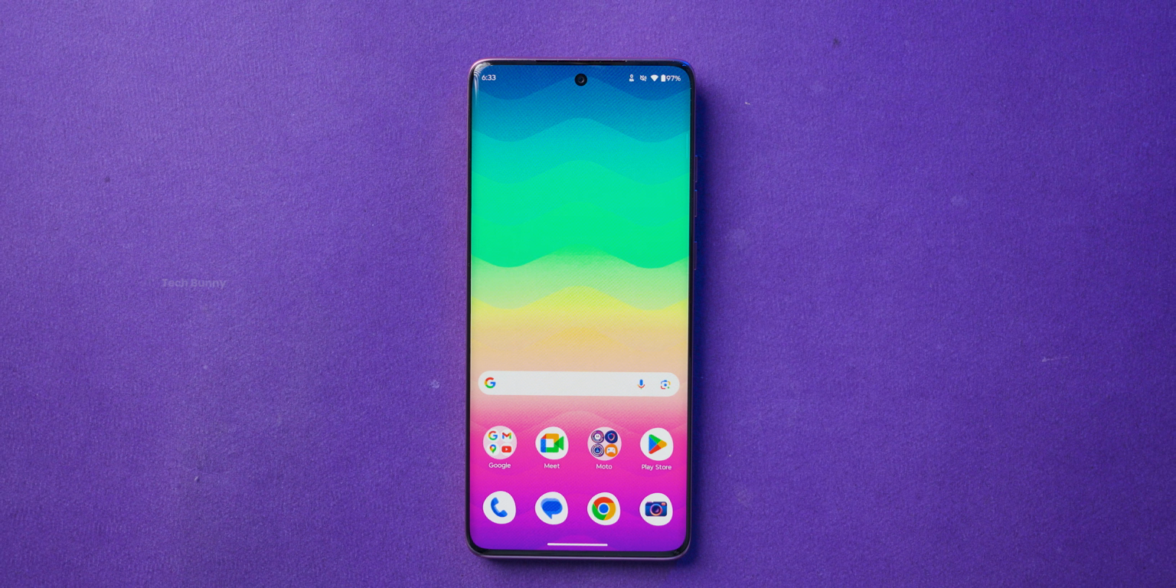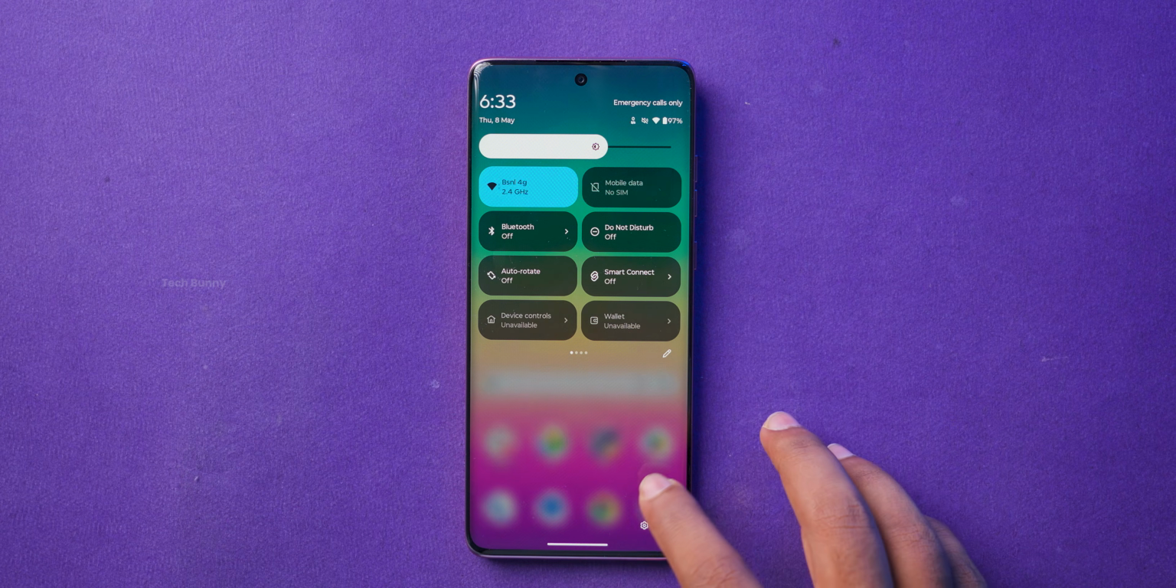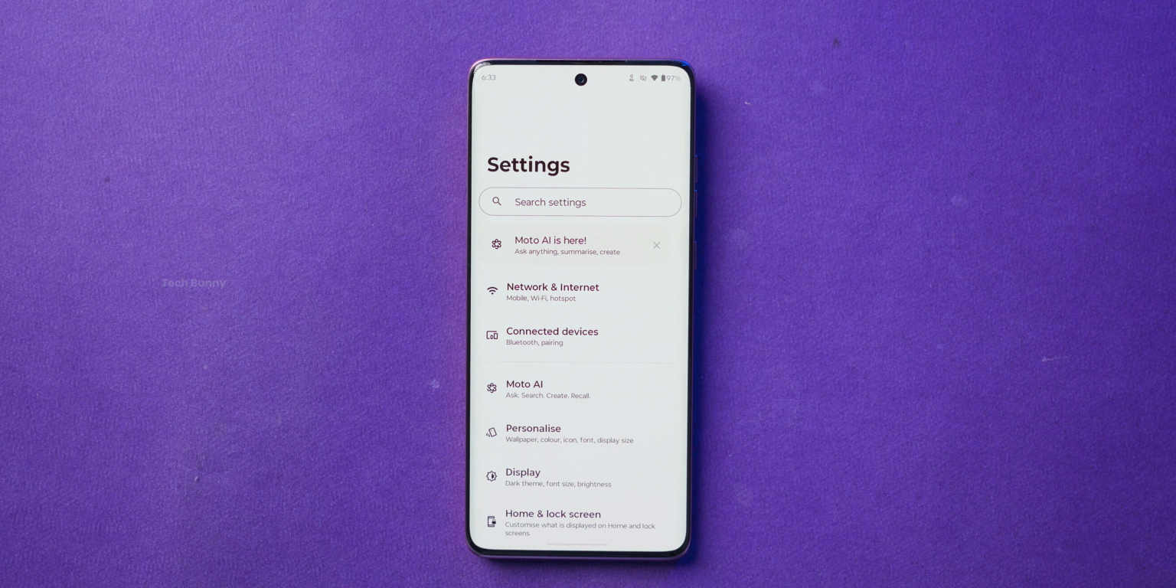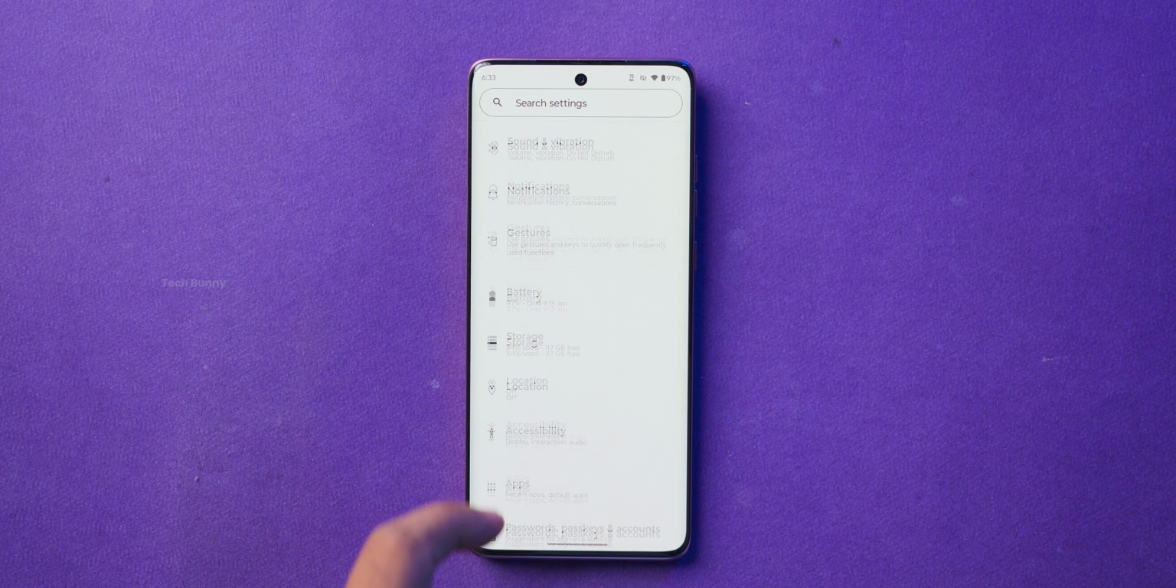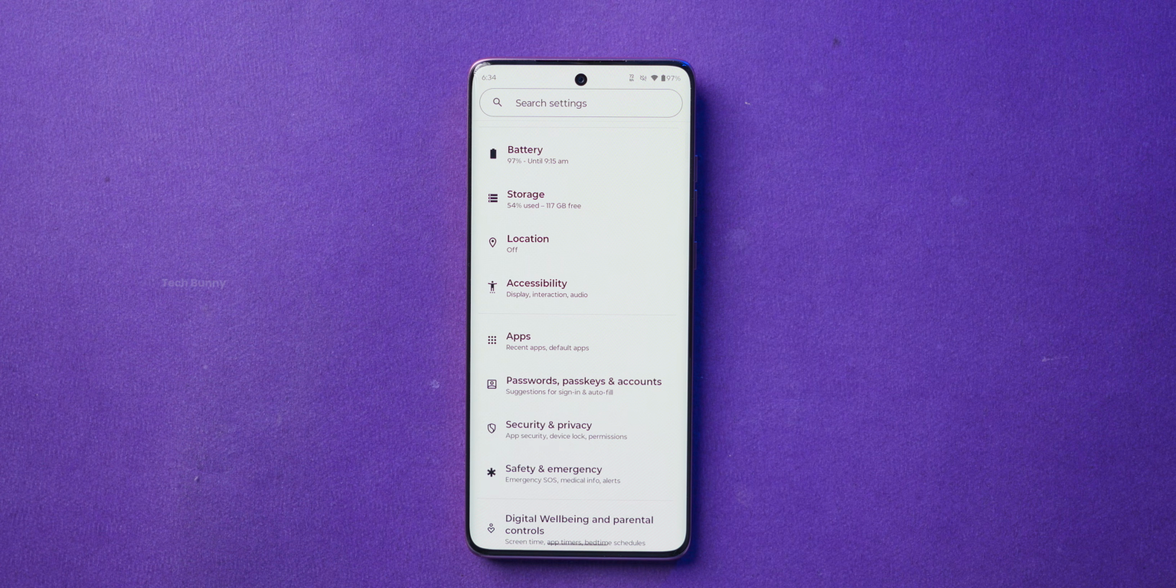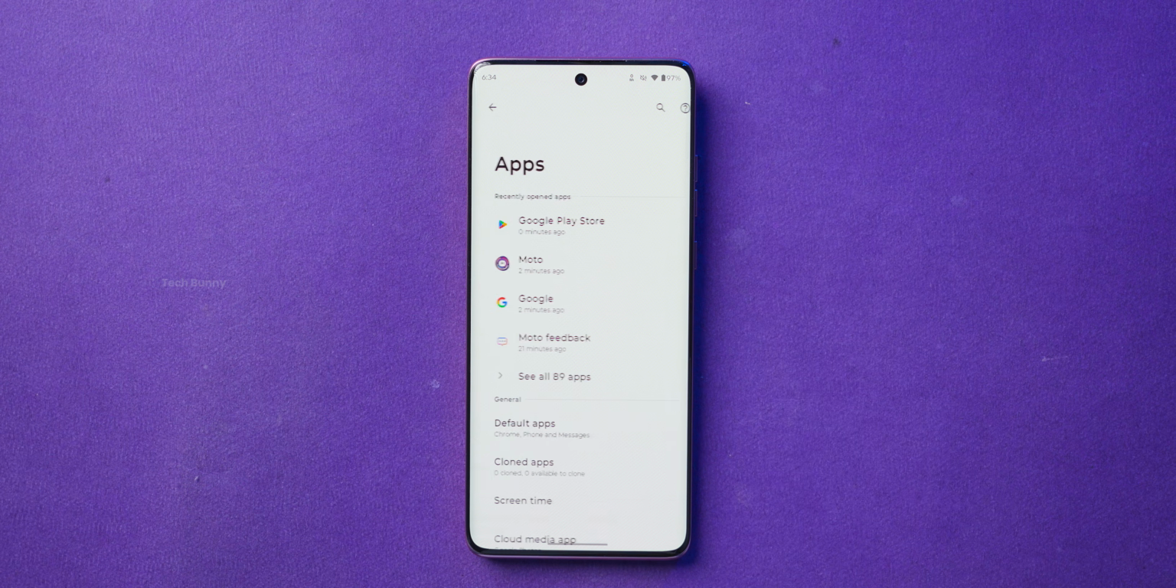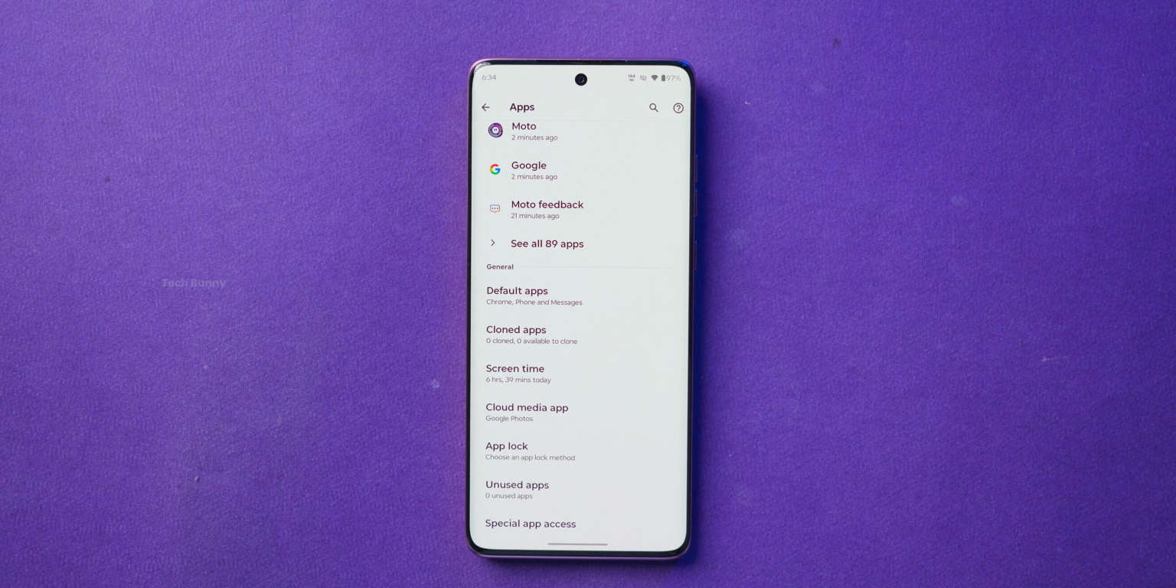So let's start. First, open the settings on your Motorola mobile phone, then scroll down and choose the apps option. Do note that for this video, I'm demonstrating this on the Motorola Edge 60 Fusion. After entering the apps section, scroll down and you will see an option called app lock. Tap on it. You will be asked to set a pattern for this lock,